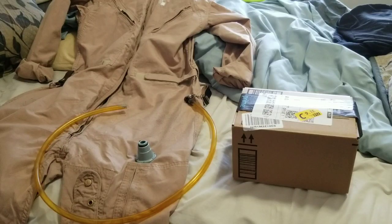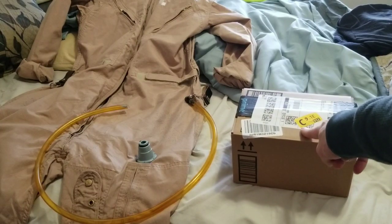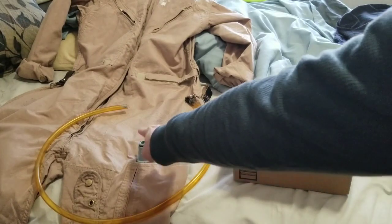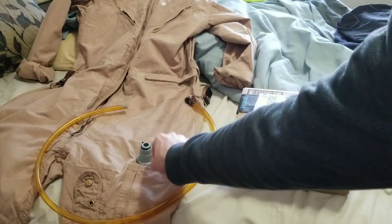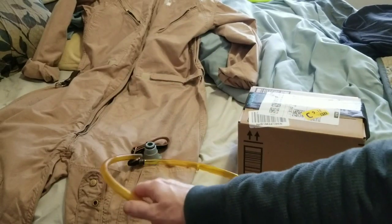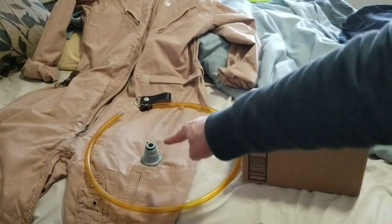All right, everybody, I wanted to do an unboxing video because I have a feeling what's inside this box is going to be a really cool replacement part for this leg hose holder thing, whatever they call that piece. Because this thing here is